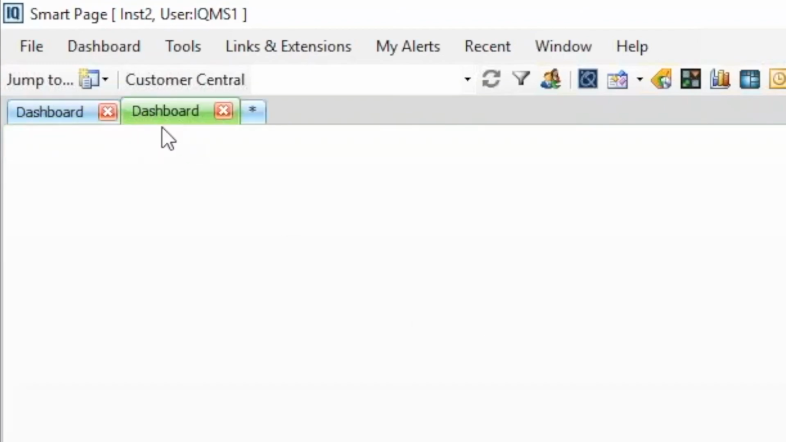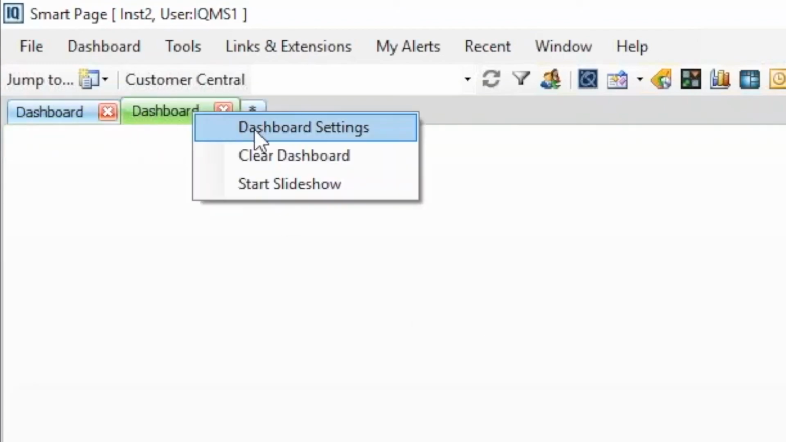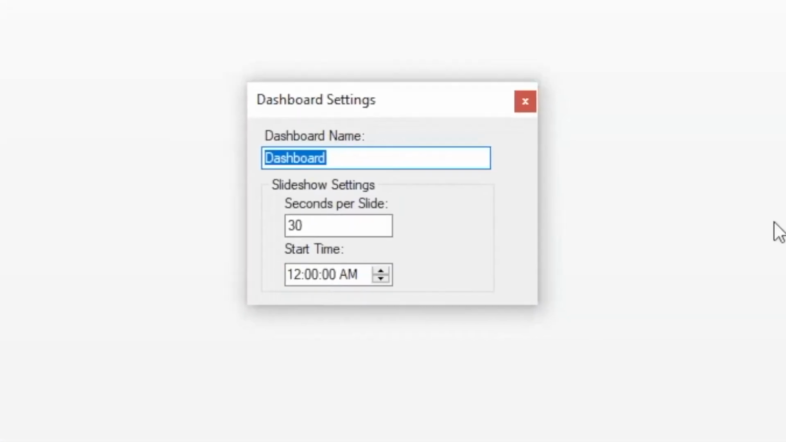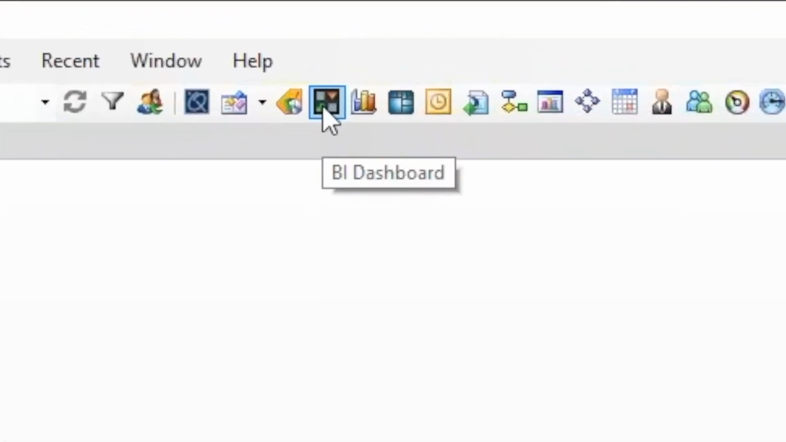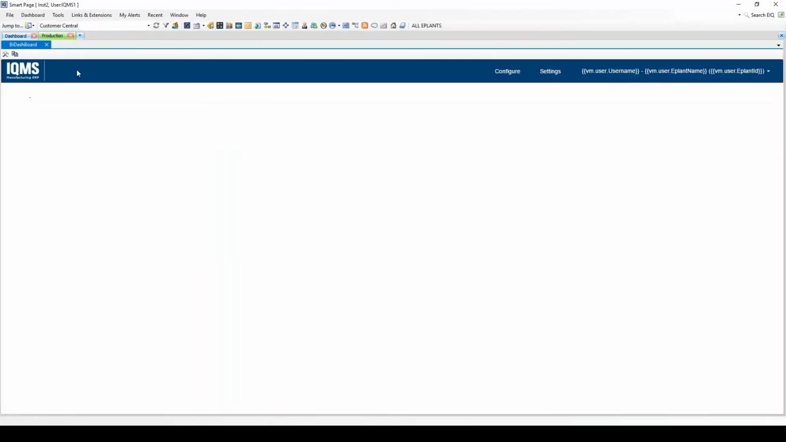Renaming the dashboard is as easy as right-clicking and selecting Dashboard Settings. For this example, we will create a production dashboard that has some business intelligence information readily available. This sort of dashboard might be ideal for someone like a production manager. To do this, we will click on the BI dashboard icon, which brings up dashboards that have already been created